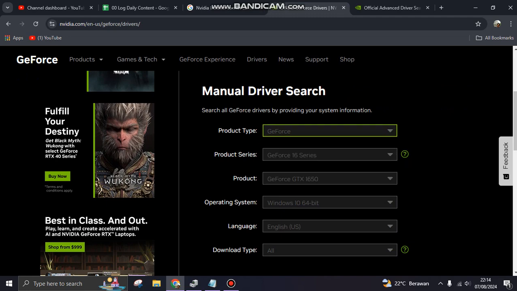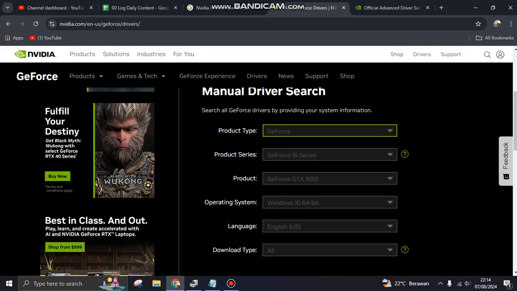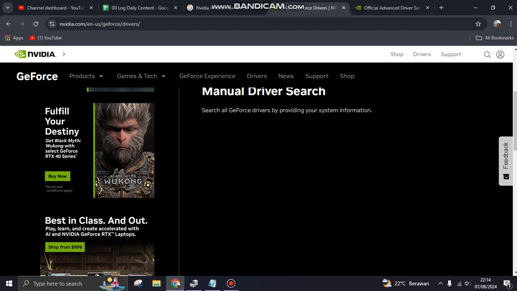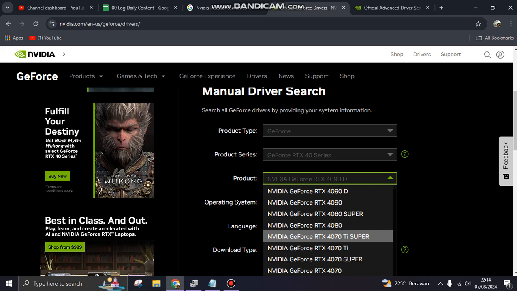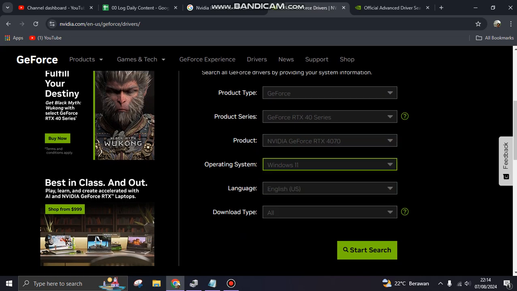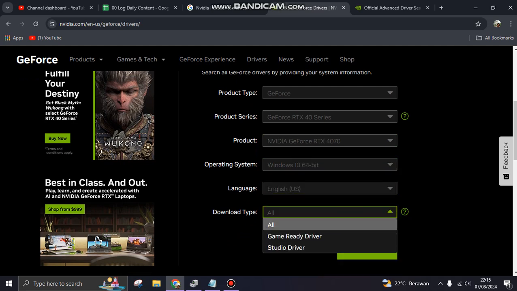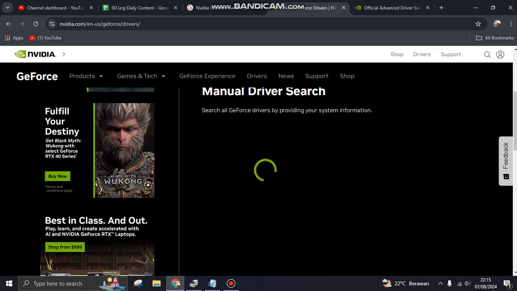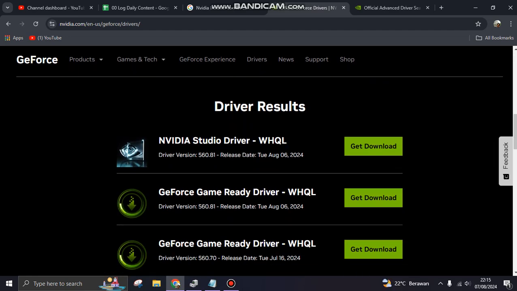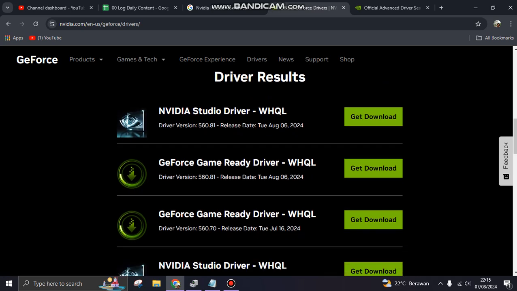So you can choose the type of GPU that you have. For example, the RTX 4070 series, Windows 11 or Windows 10, English, and download type is all. You can start search, and here we go. This is the updated driver, the latest driver of Nvidia. You can download it here,